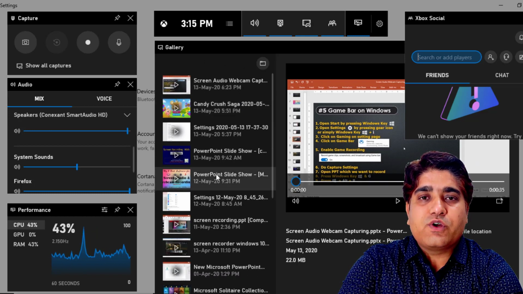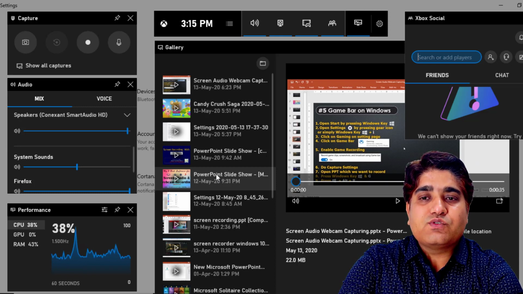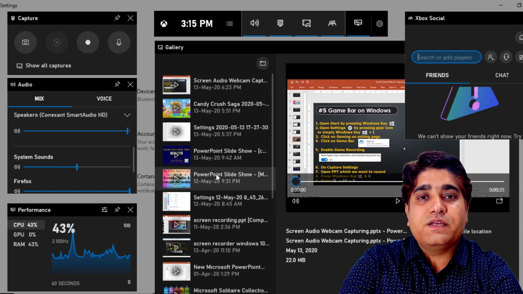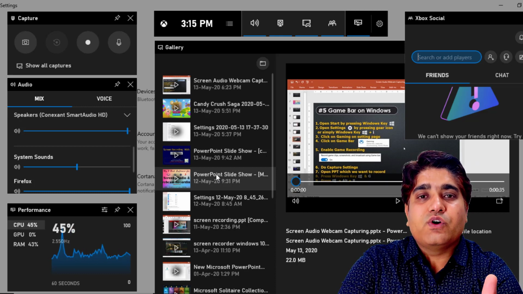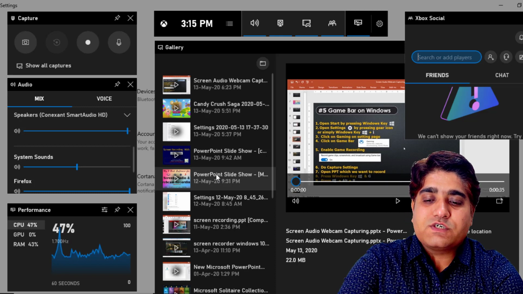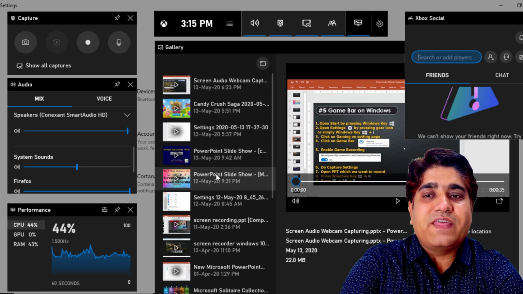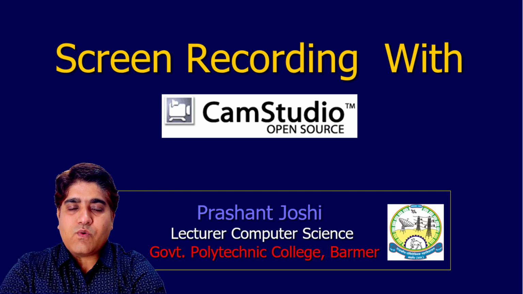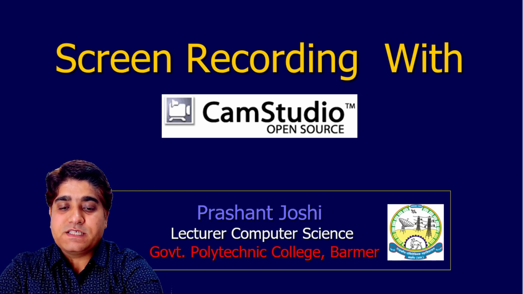If we want to record any PowerPoint presentation, what we have to do is simply, first of all, open that PPT and thereafter record it. One of my PPTs is already open here. So I will open that PPT and then we will press this recording button. Now I have opened a PowerPoint presentation and I am pressing the Windows key and G.